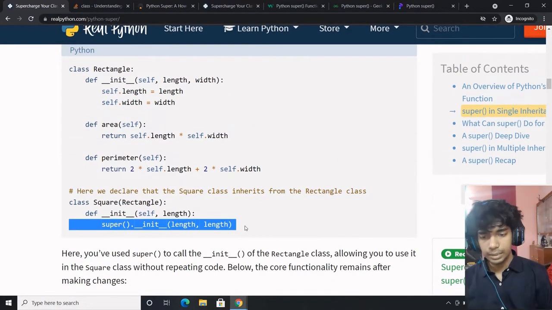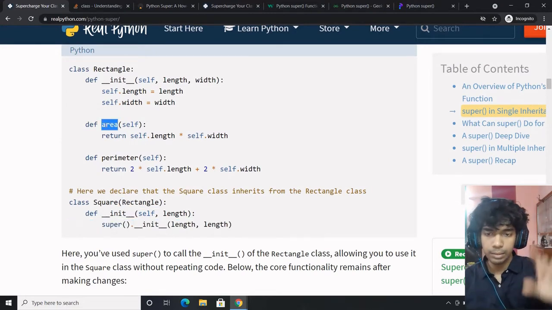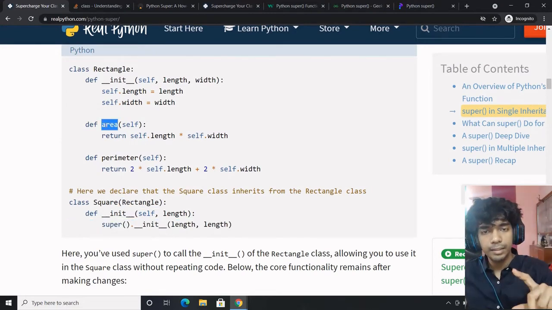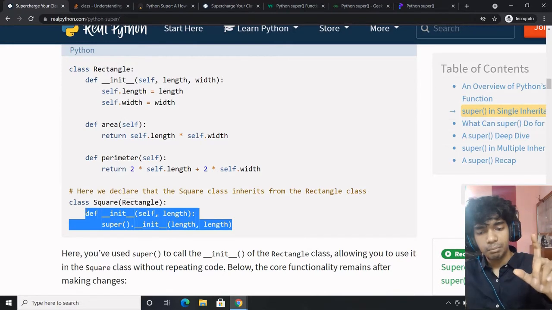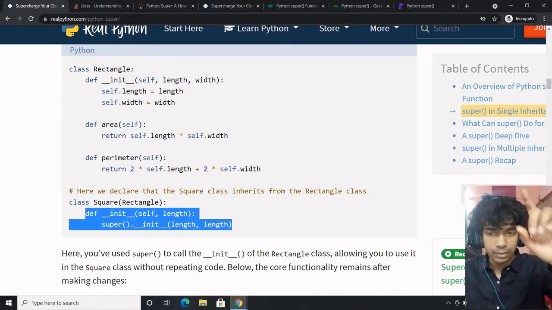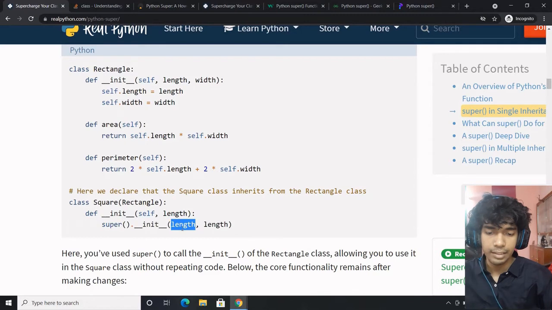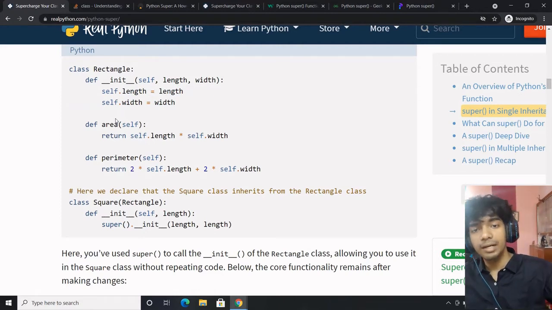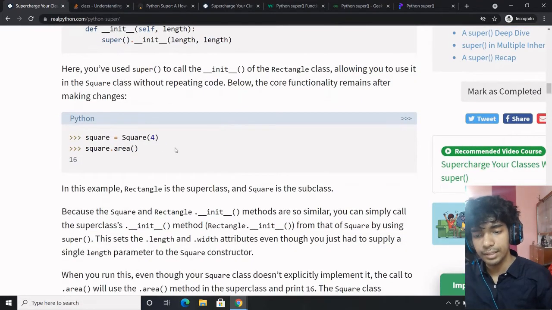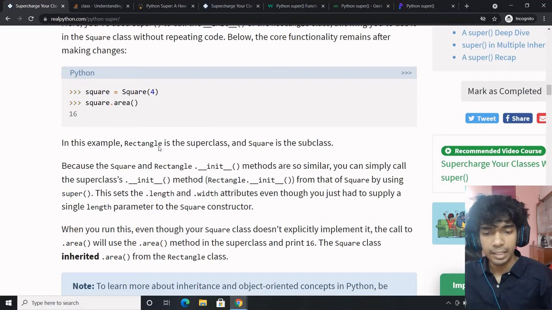So how does it help? Since it is inheriting, it has access to those things, the area and perimeter methods of the rectangle, and you have done the initialization part using the rectangle and defined length. So width would be replaced with length. So self.length is equal to length, and self.width would be equal to length behind the scenes. And behind the scenes, you are able to calculate area by self.length times self.length, which gives the area. So you need not redefine and do the mundane task again and again.